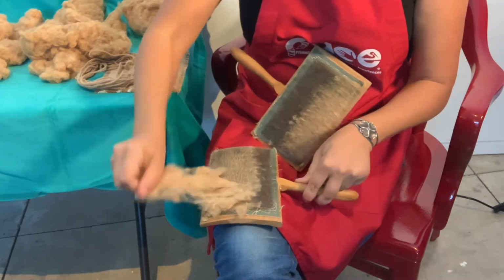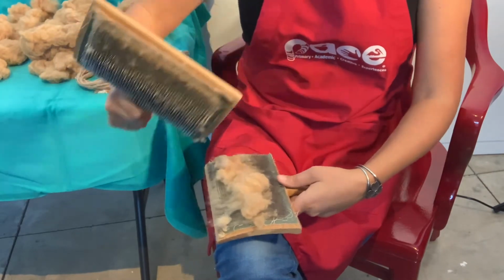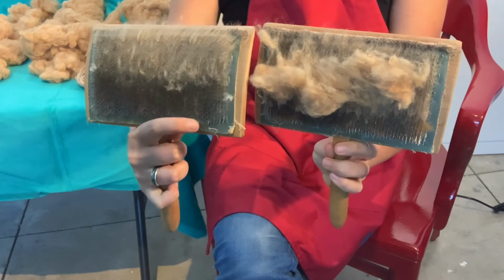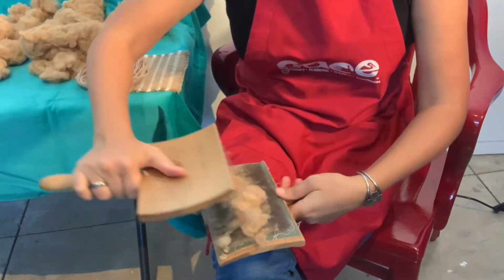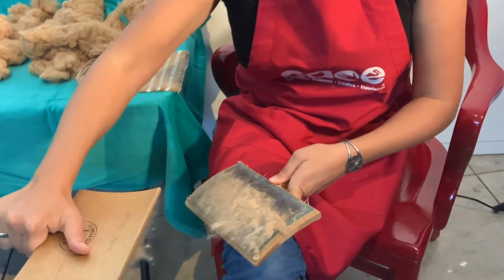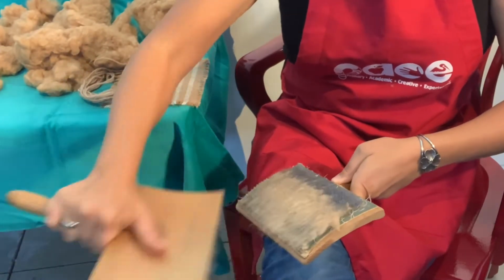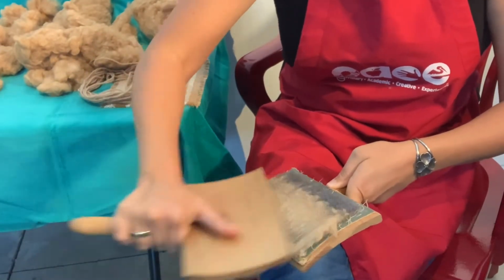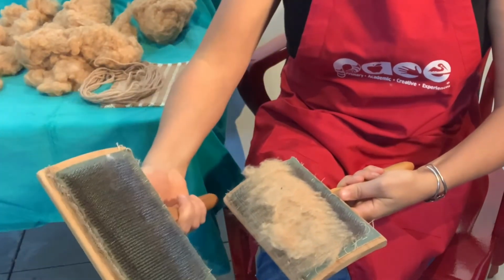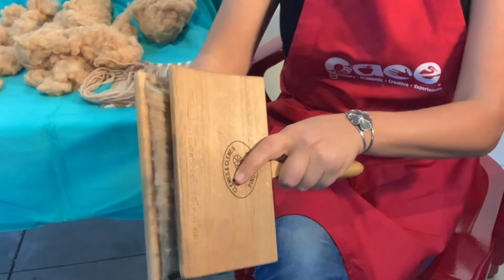So they would brush it onto their cards, and they would take these two cards that have a lot of little pieces of brushes, see that? And they would brush them apart from each other. You can hear the noise of the brushes, can't you? And they would roll it from one side to the other, brushing it away from the card, brushing it again, and going back the other way